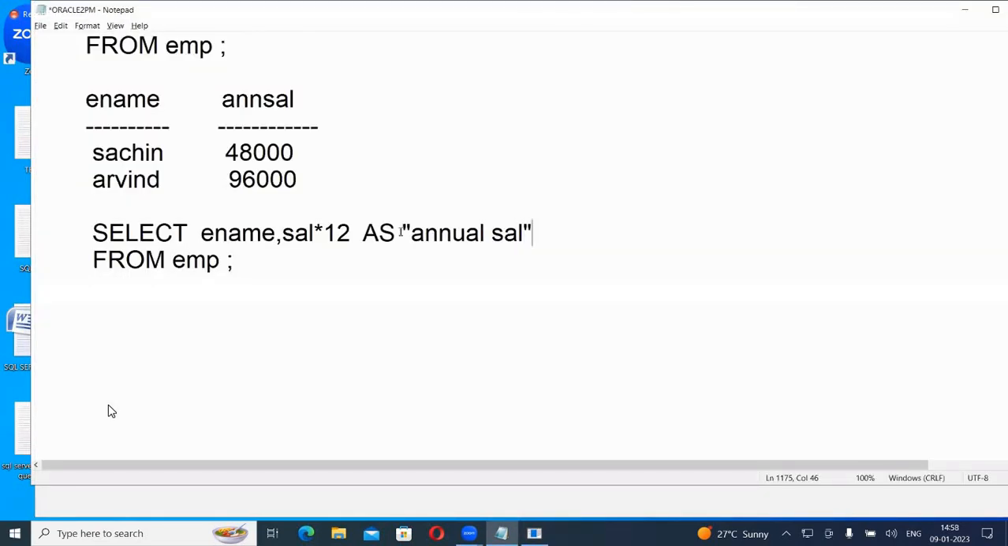Oracle will ignore the rules. Oracle will not consider the rules. Oracle will not check the rules, whether it contains space or not, whether it starts with an alphabet or not. It will not check the rules